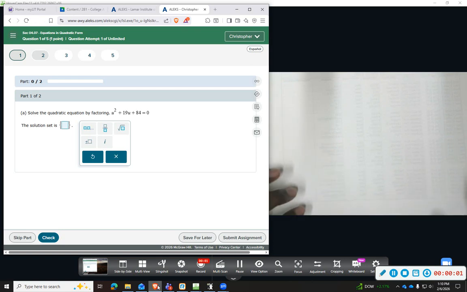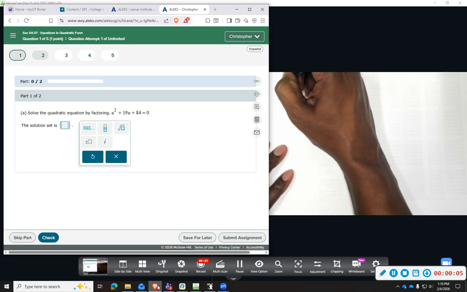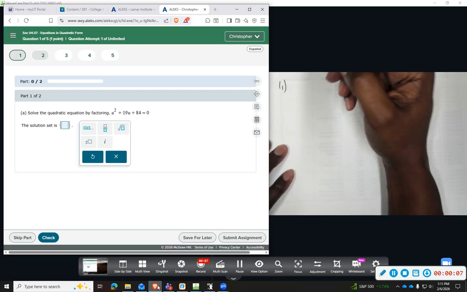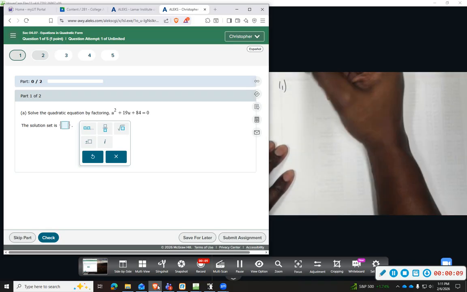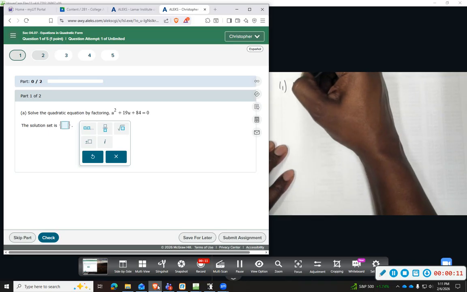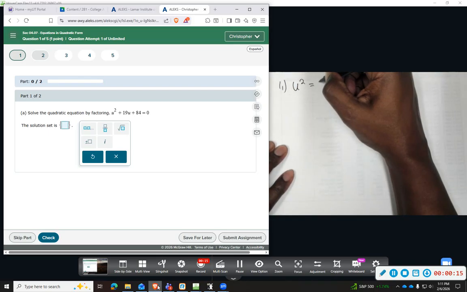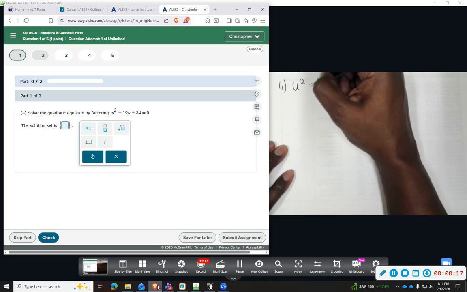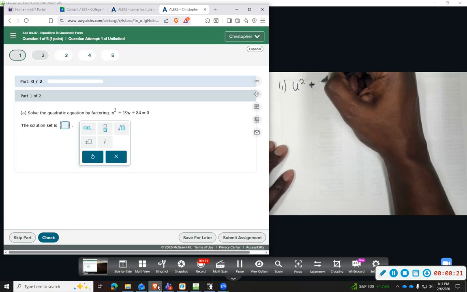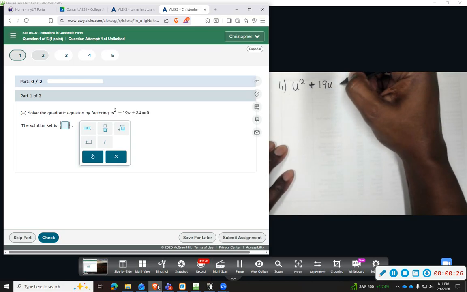All right, we're in 4.7, equations in quadratic form. The first problem wants us to solve by factoring, and we've got two parts here. So we have u squared plus 19u plus 84